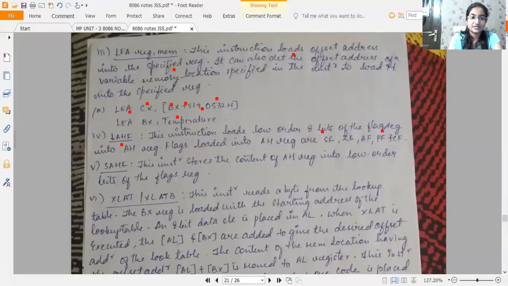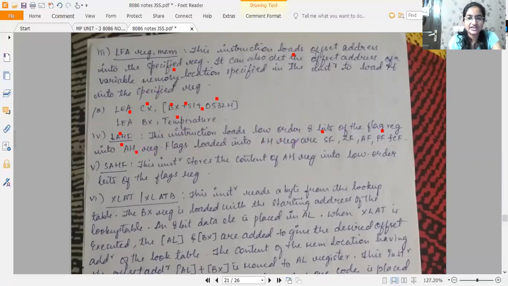Now recollecting that and connecting it to LAHF: it is used to load the content of the lower byte of the flag register into the AH register.